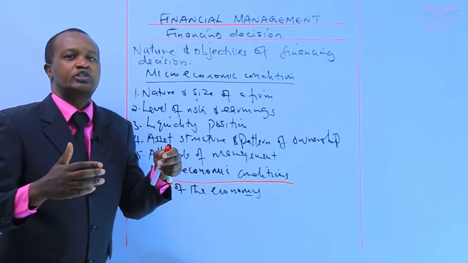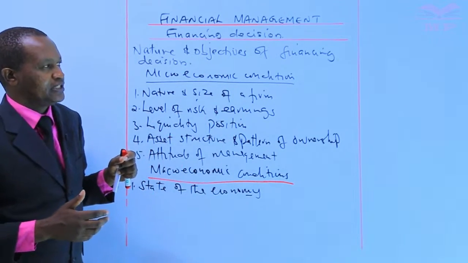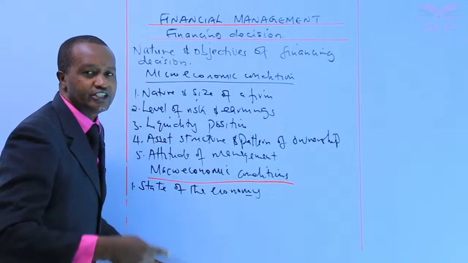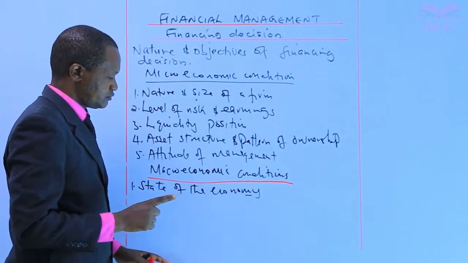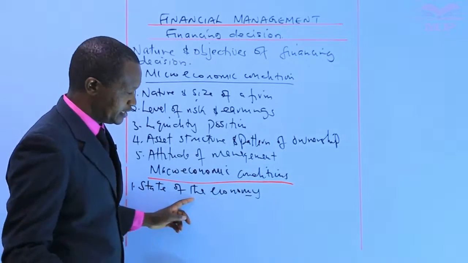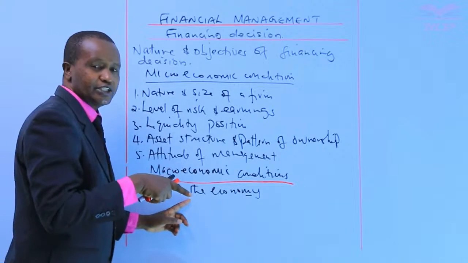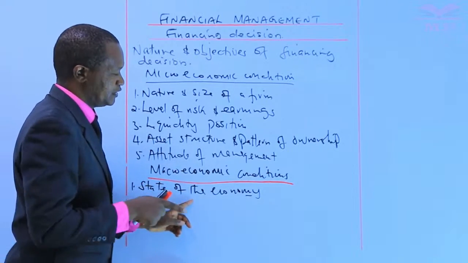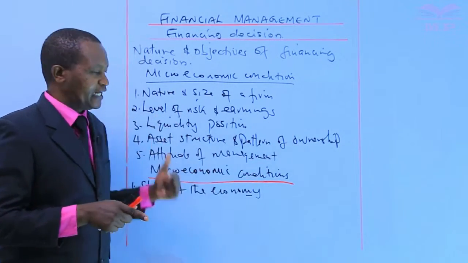And again, candidates, during an uptrend, higher dividends can be declared. But during a downtrend, conservation of cash is necessary. And therefore, a strict dividend policy should be followed. Do you understand, candidates, how the state of the economy can affect financing decisions? I'm saying here, can declare dividends. But when the economy is not doing well, instead of paying dividends, the company should have what we call a conservative dividend policy. A conservative dividend policy is where a company shies away from or fails to declare dividends. Instead, the earnings are used to finance